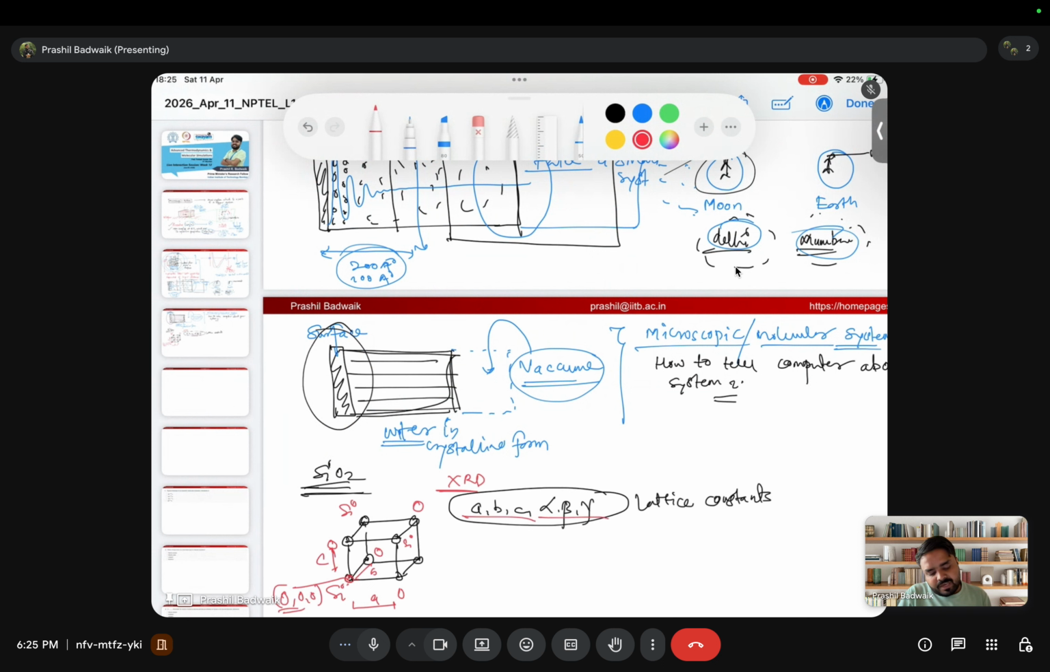So for example, if A is equal to 3, then what is the next atom? The coordinates of this atom would be 3, 0, 0. Similarly, based on the angles alpha, beta, gamma and the lattice parameters, that is A, B, C, we can get the coordinates of a crystal. And then we repeat this unit cell. This is my unit cell. We repeat this unit cell n times